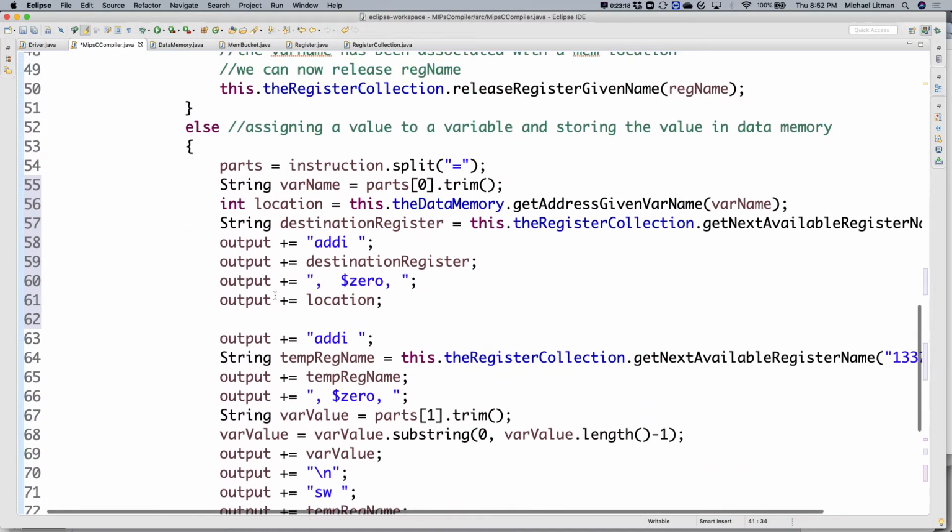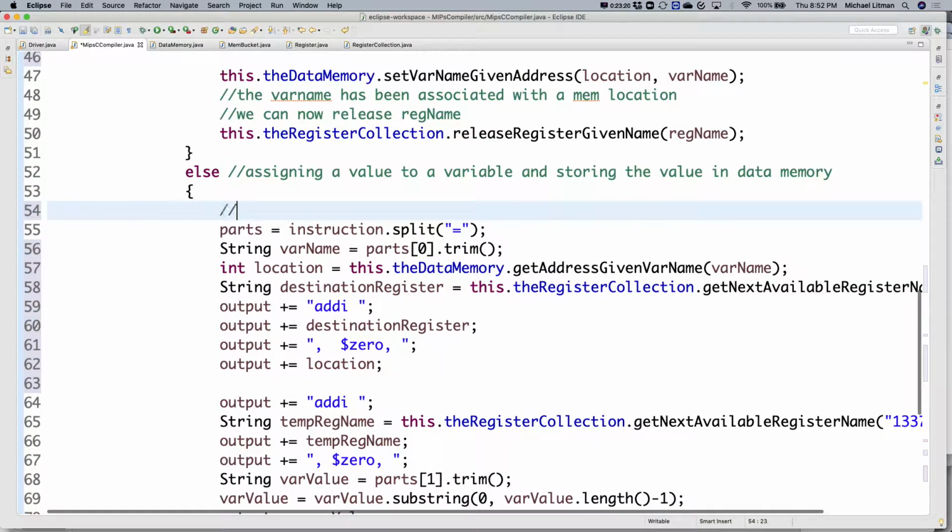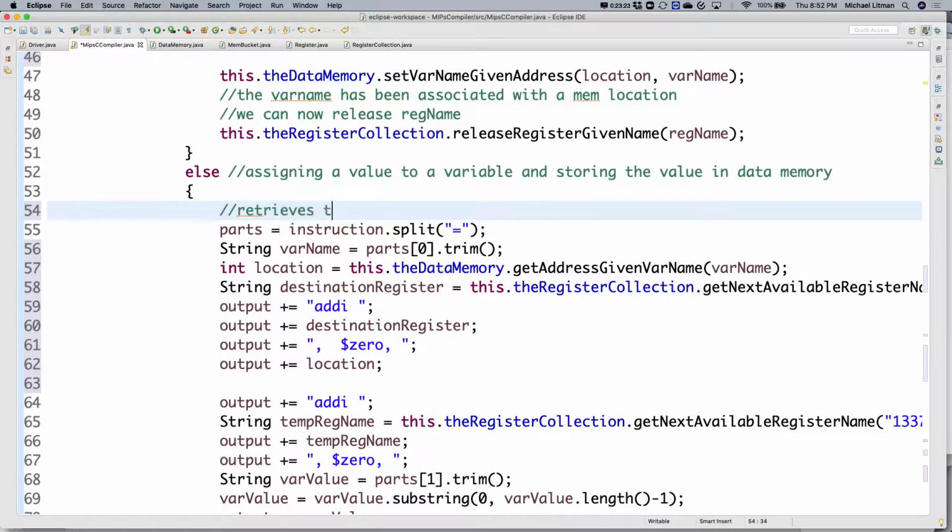Mm-hmm. All right, so this guy, we'll just put a little comment here. This retrieves the